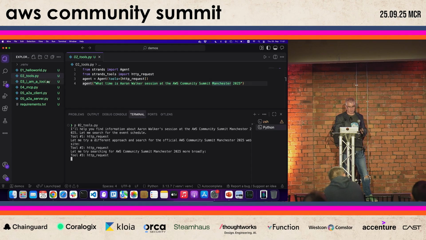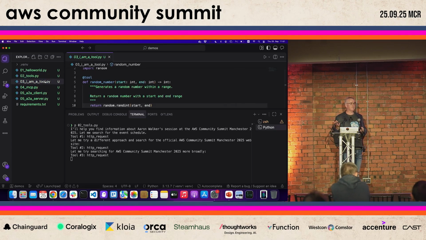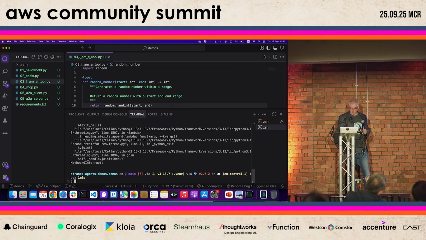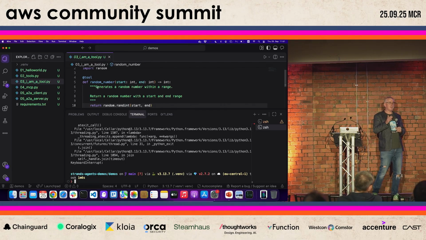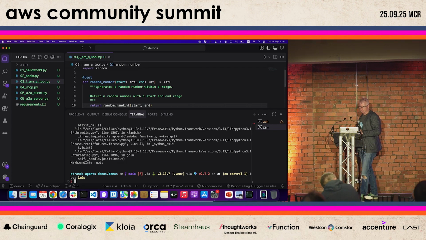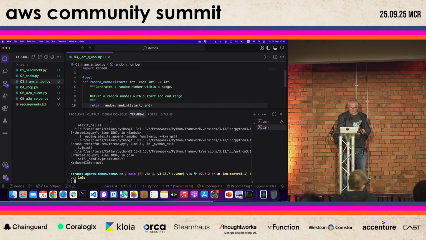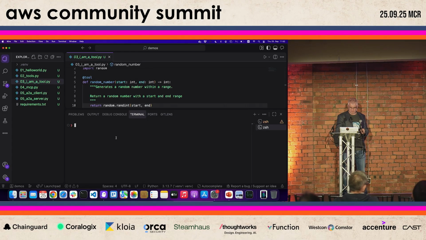How would I build a native Strands tool? This example does exactly that. Let me kill this one, because you don't really care about the answer. So let's look at this other one. Here in Python, I can just use a Python decorator to say this method is a tool. This is a random number generator. It generates a number between the start and the end. And so when we run that,